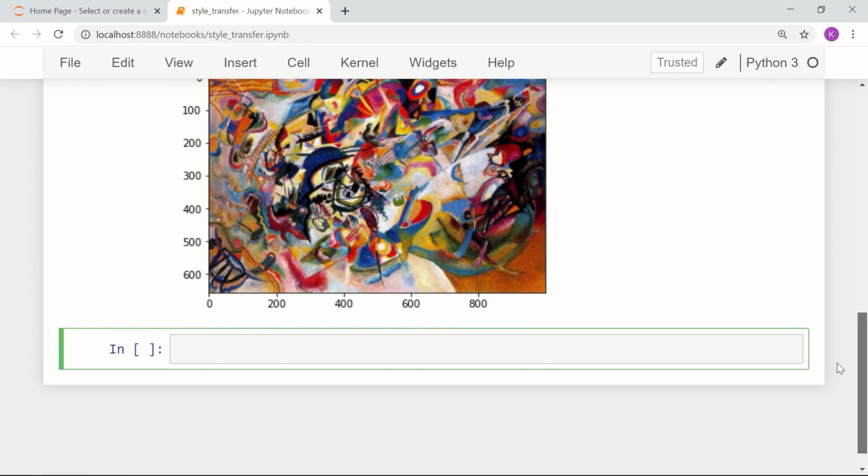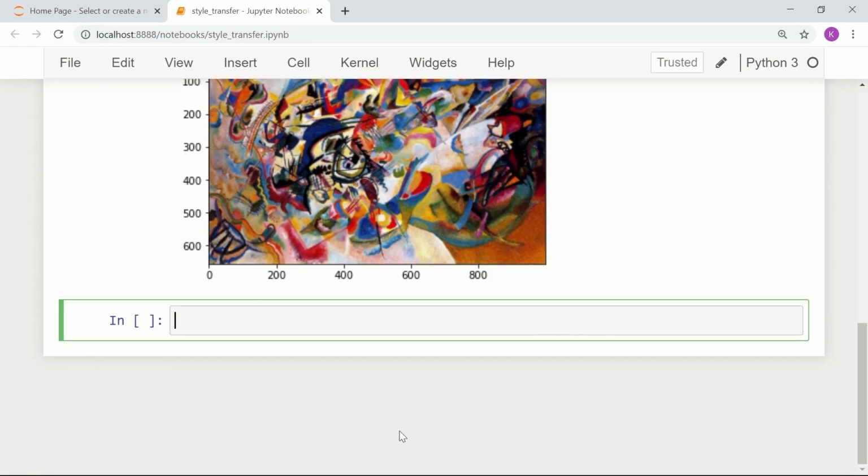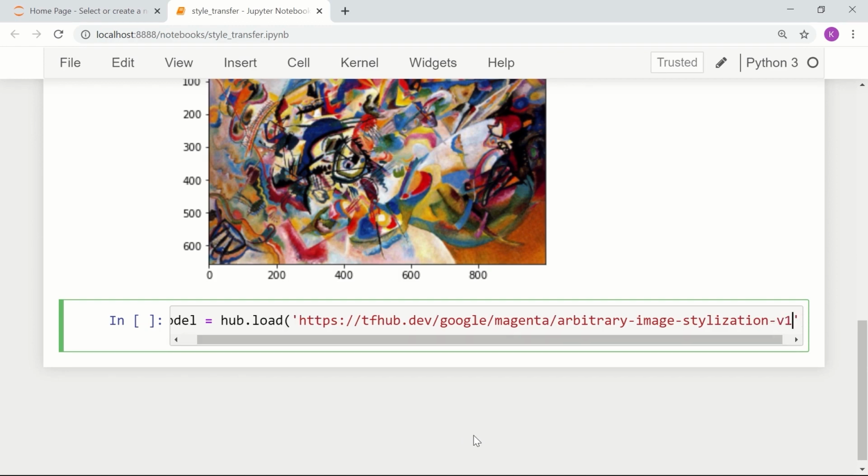Now we load a pre-trained model from TensorFlow Hub. The pre-trained model is hub.load, and the path is https://tfhub.dev/google/magenta/arbitrary-image-stylization-v1-256/1.